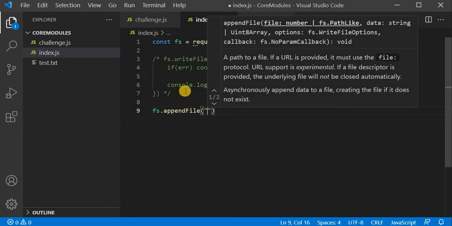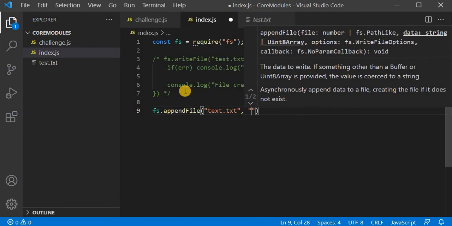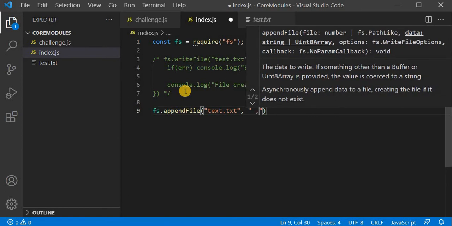Firstly, we will pass the path to which we are going to append, that is test.txt. Then I will pass the content I want to append. So I will append here: